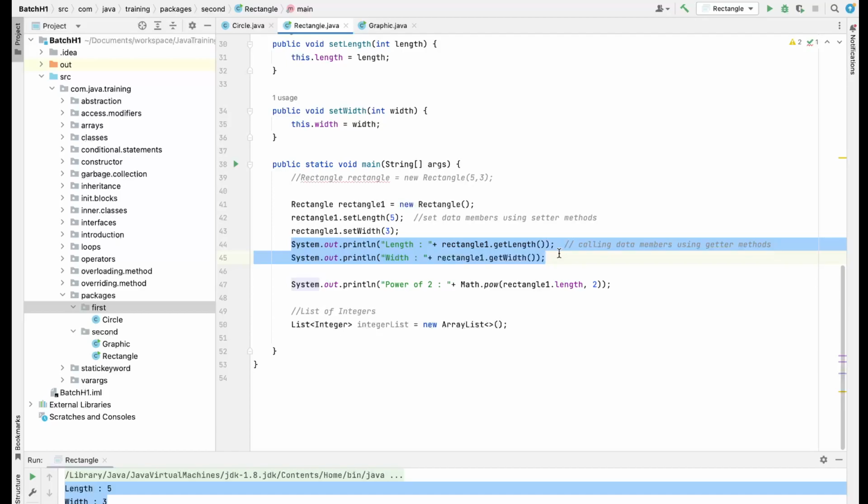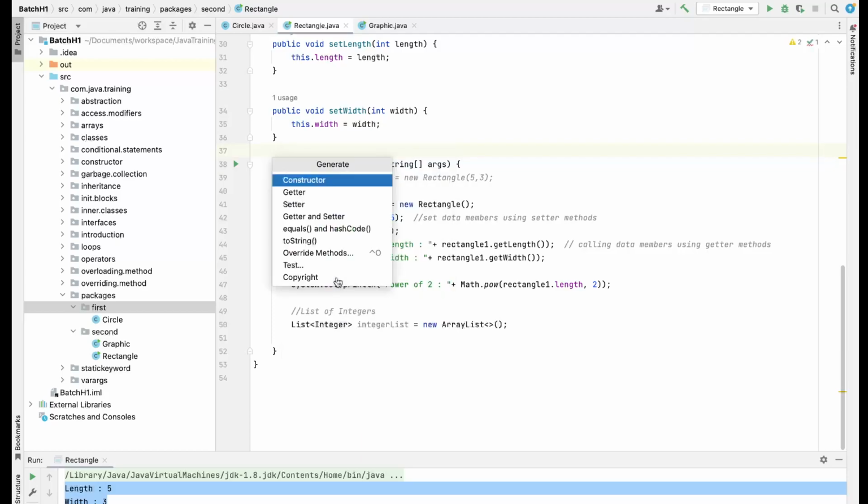When we generate setter and getter methods, do we generate them together or separately? I think you generate separate set and get methods, but can we do it together? Yes, we can do it together. I did that separately, but what you can do is go ahead and try to generate. See, we have one option of getters and setters as well. So click on this getters and setters, and you will be shown all the, okay, let me go to this